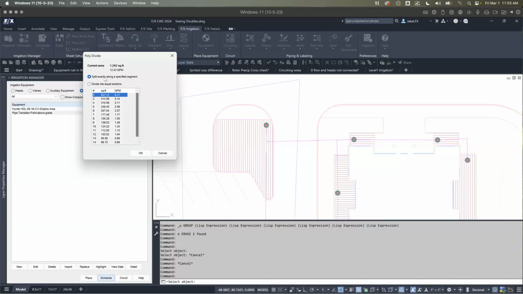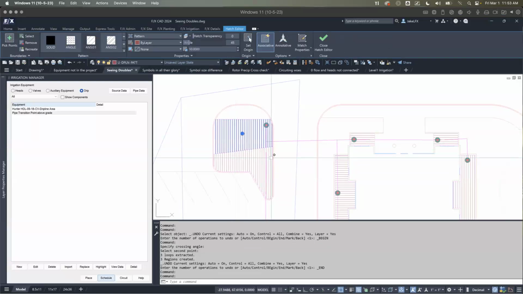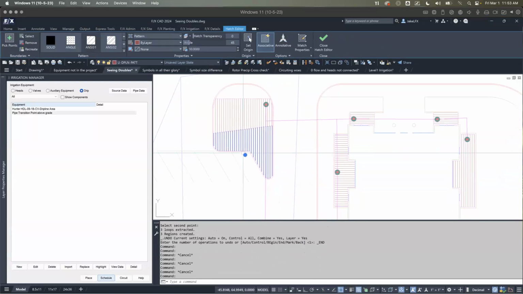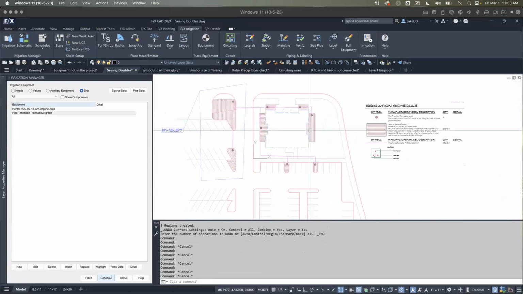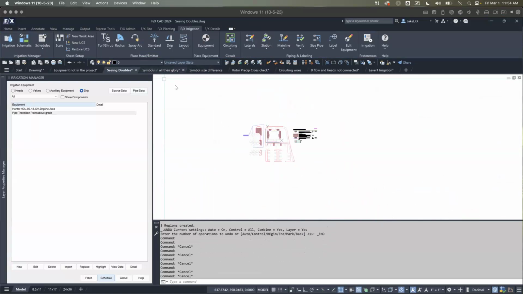But I really like the along the specified segment option. So if I just know that I want to cut it loosely in half, I can take this, say okay, and the cross angle that I'm going to do is just pick 2 points, preferably not clicking on an item, but clicking outside and then over. So if I wanted to split it right here, it would cut it exactly into that position. So now I've got 2 zones that I can maybe split half on one zone, half on another zone. So there's that one. It's actually really neat, and it works on hatches and on